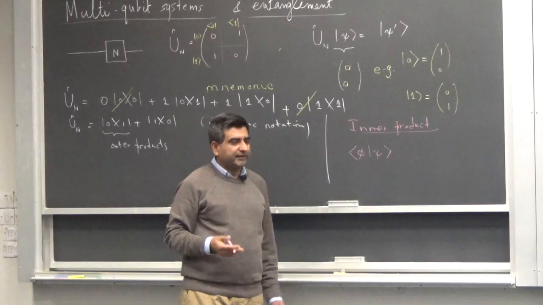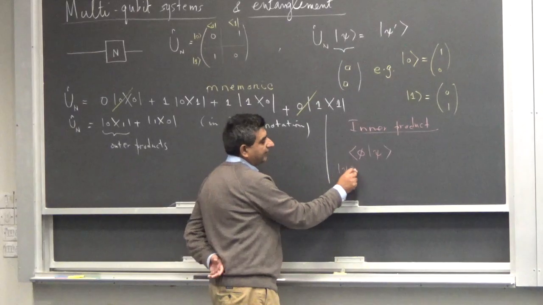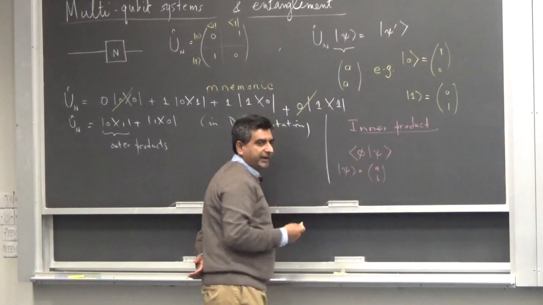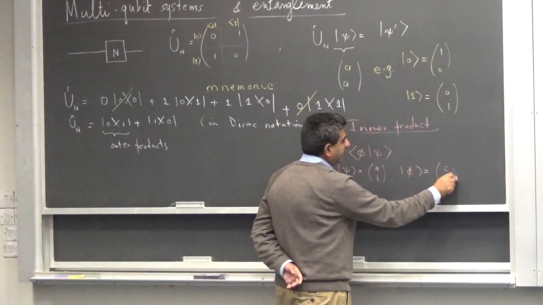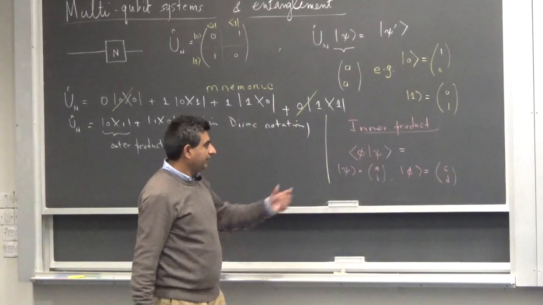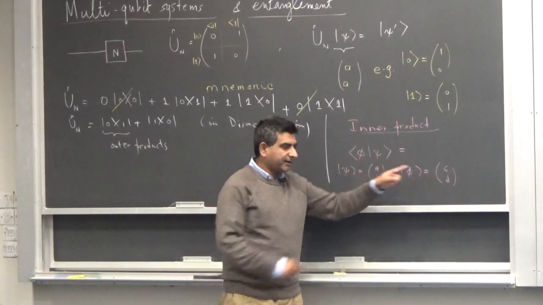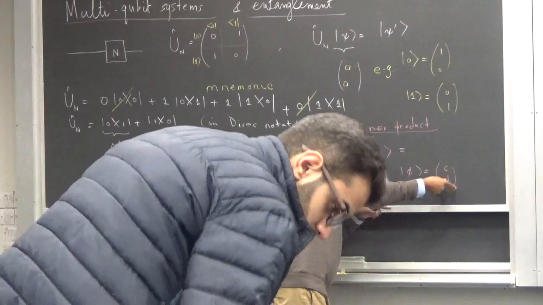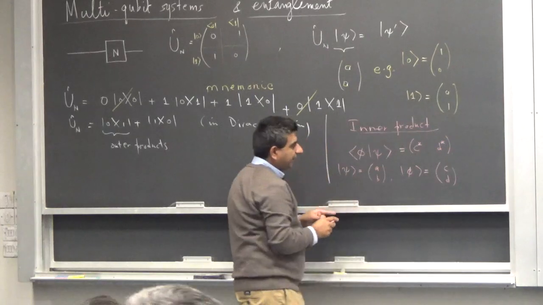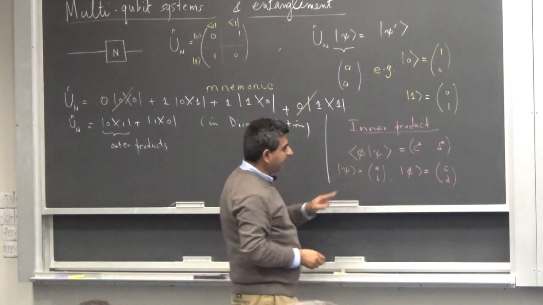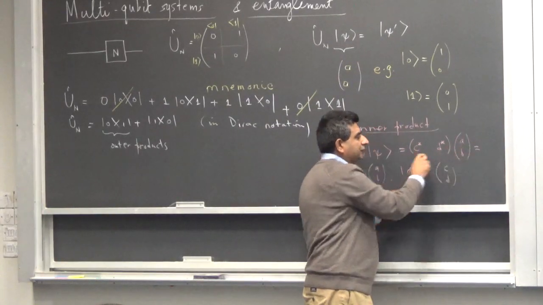And you can also verify this by putting this in matrix form. So if psi is, say, (A, B), where A and B are complex numbers, and phi is some vector (C, D), then this inner product can be written in the following form. You need to find the bra corresponding to this ket. So you take the transpose of this and the complex conjugate of the entries, C star D star, and then this acts on ket psi, whose form is given by this,